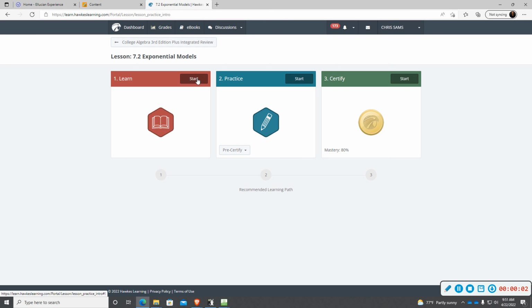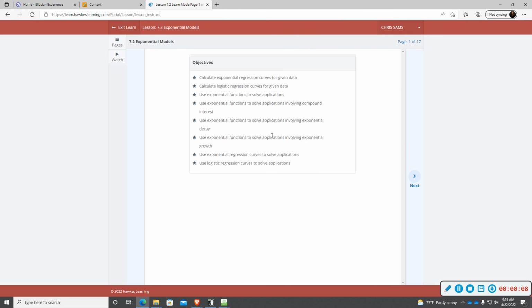Alright, today we're going to be looking at exponential models. I've gone through the practice and looked at the problem. We won't actually be hitting all of these objectives, but I will just go through the learn and show you the most important parts. We will be using exponential functions to solve applications. That's the biggest part. We're going to solve some involving compound interest, and we're going to use them to solve exponential decay growth functions. Those are going to be the most common type of problem we're going to see in